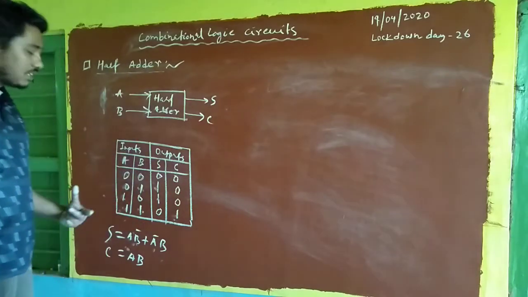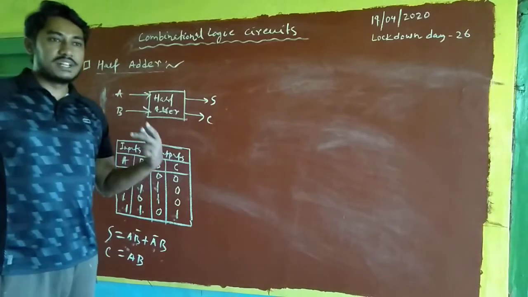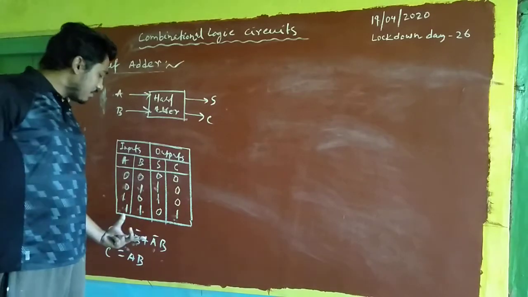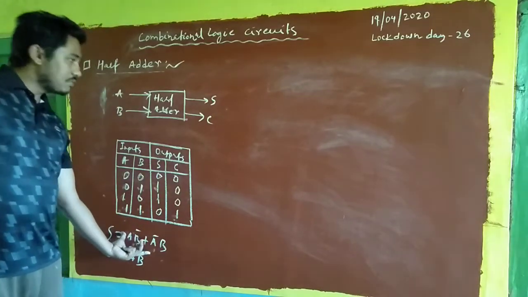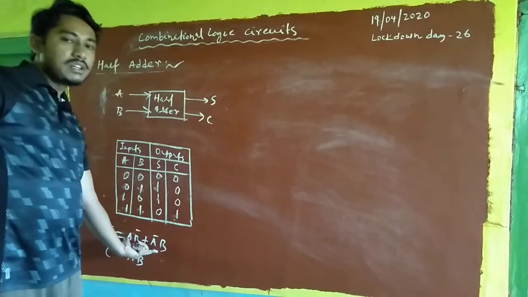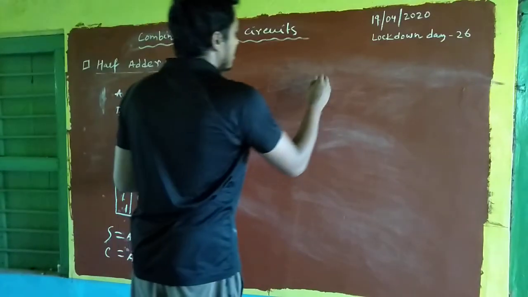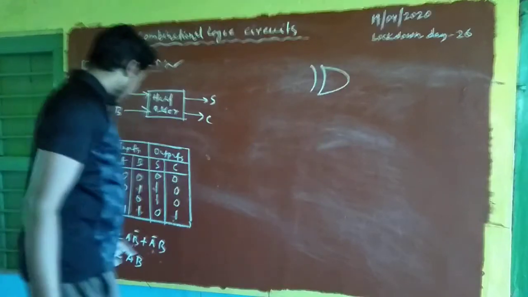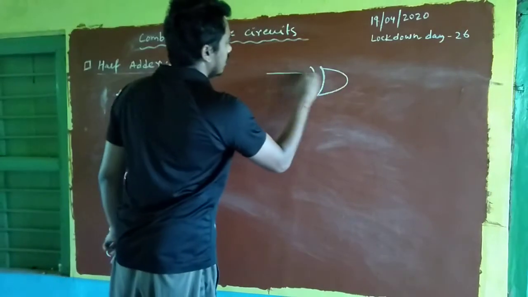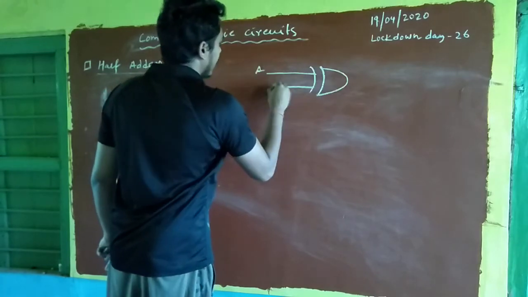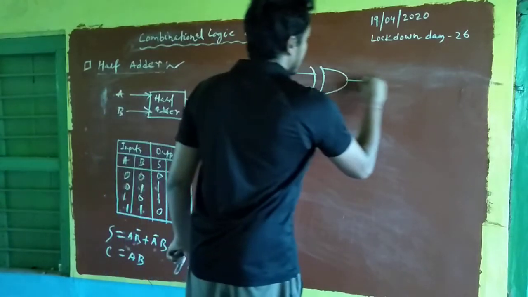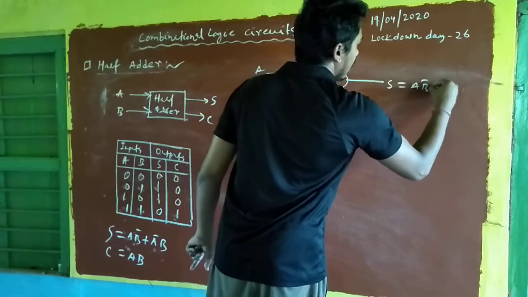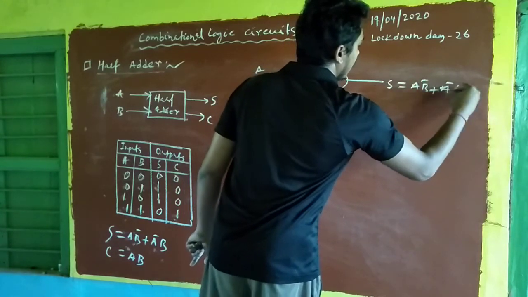Now we will come to the fifth step, that means designing the circuit using logic gates. So easily we can design this expression using logic gates. This is the expression for the XOR gate, so we just draw a two input XOR gate. What are the two inputs? That is A and B. So output S is equal to A B bar plus A bar B.